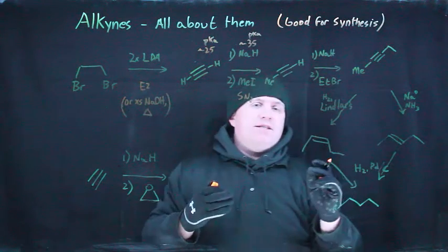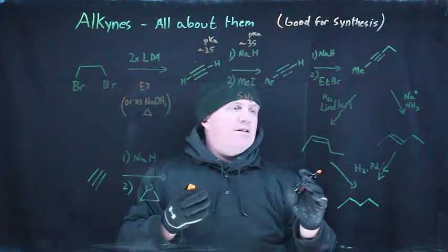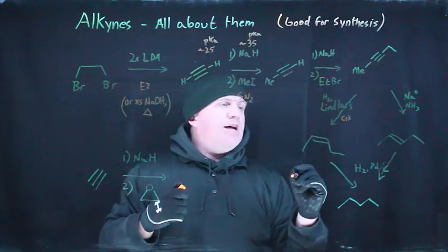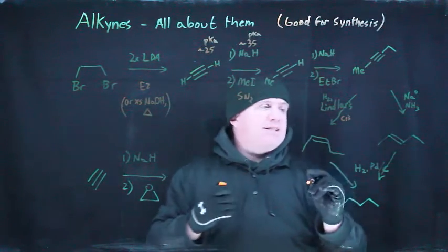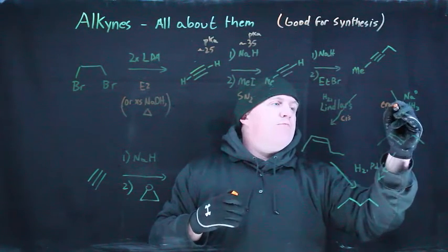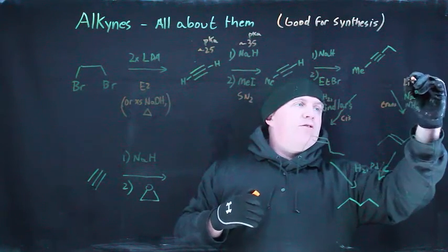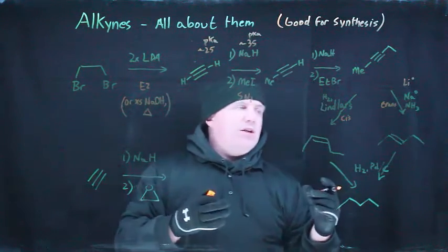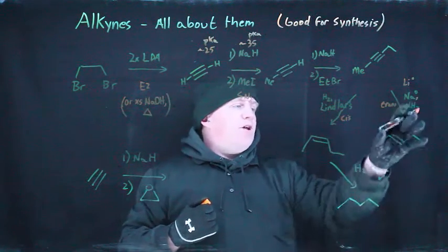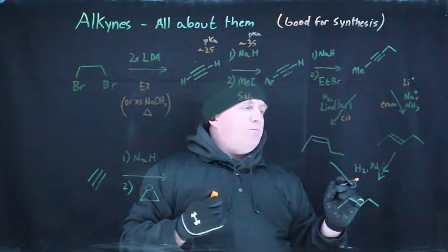partially reducing it by, say, throwing in H2 and Lindlar's, so hydrogen gas and Lindlar's catalyst, which is a poison catalyst that will stop halfway. So the hydrogen gas and Lindlar's explicitly will make the cis alkene. You can, however, use sodium and ammonia, sodium metal, which wants to become sodium plus, and ammonia, or alternatively, another option would be to use lithium metal, which again wants to become lithium plus, and both of those in the presence of ammonia will do the reduction, partial reduction of the triple bond down to the double bond, but now